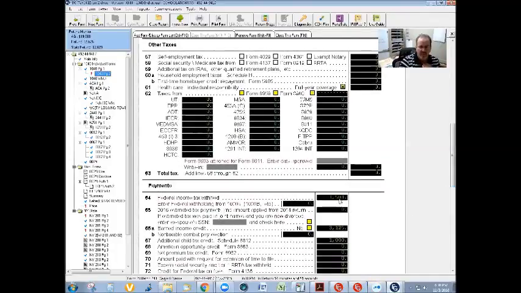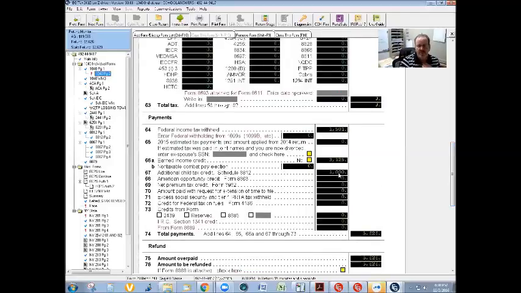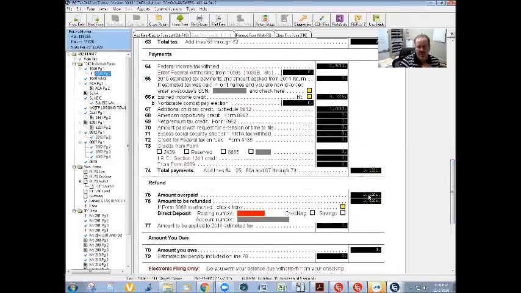We have federal income tax withheld. We have earned income credit. We have our child tax credit. Now that's the refundable portion because we didn't need the child tax credit up above because our tax bill's gone. So we get the $1,000 per child down at the bottom. That's where we get to $5,626. Okay, we put in the routing number and the checking account that he wants his money deposited into. All right,